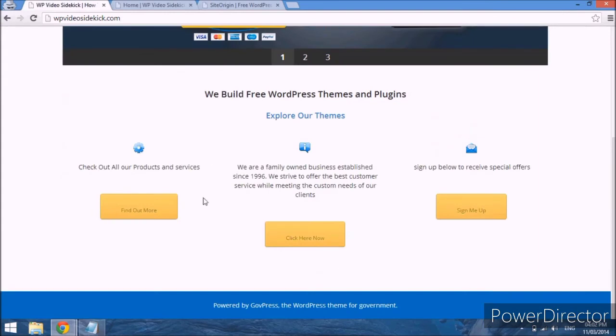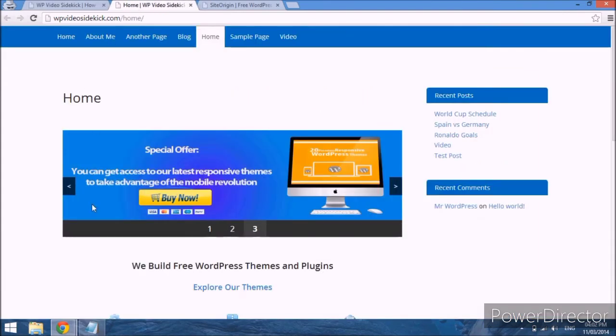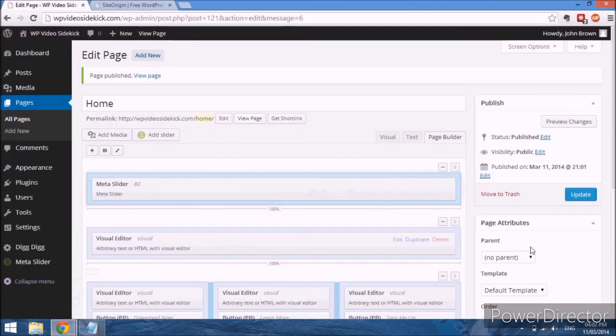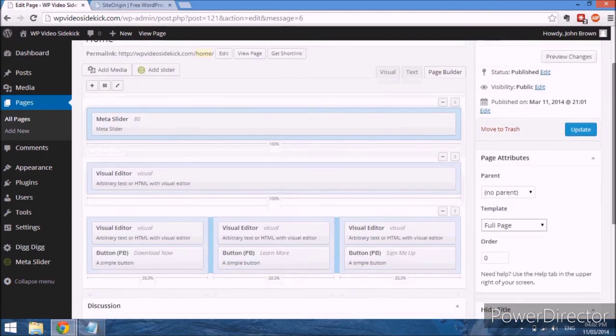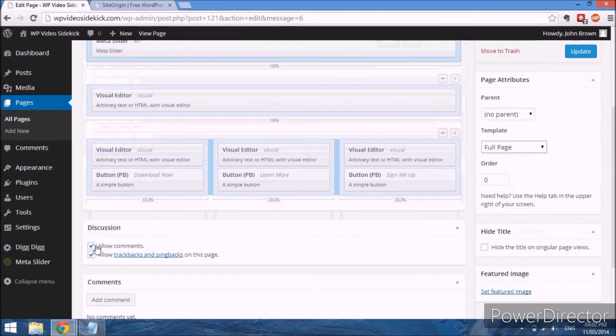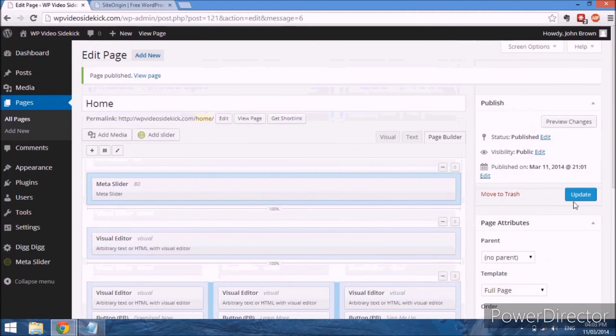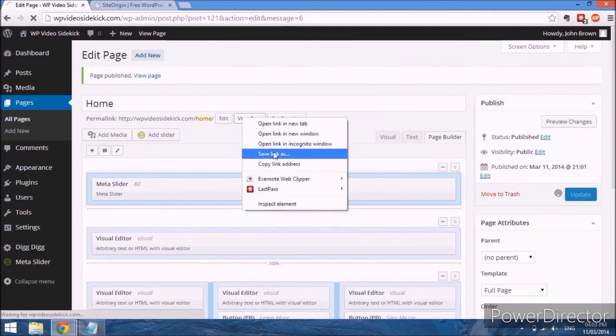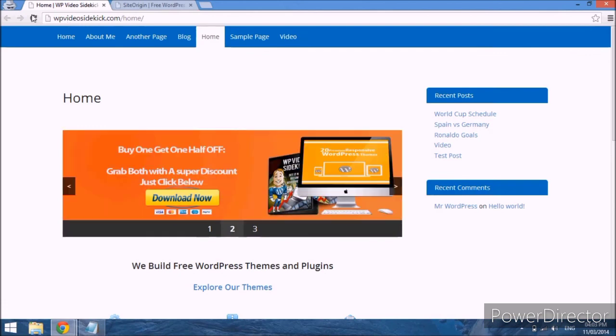I'm just going to go back to our editor, change the default template to a full page, and remove comments, track box, update, and then view the page. Refresh,